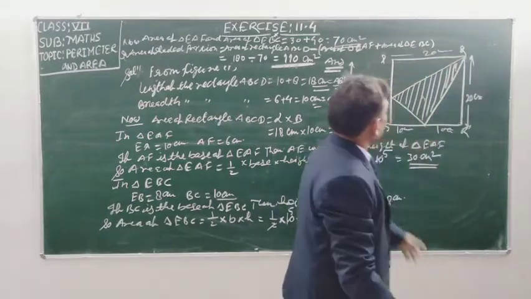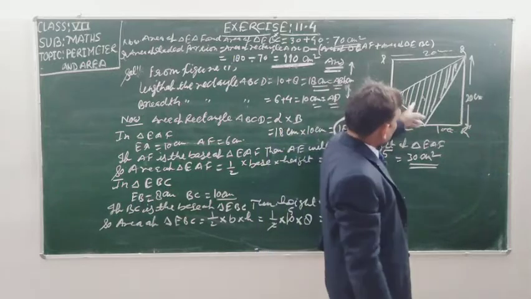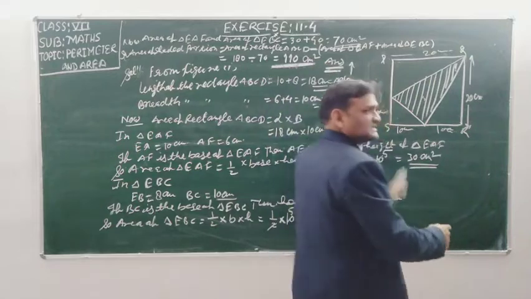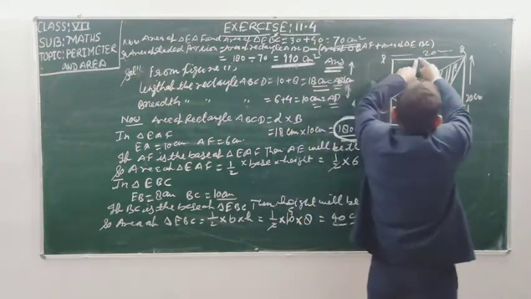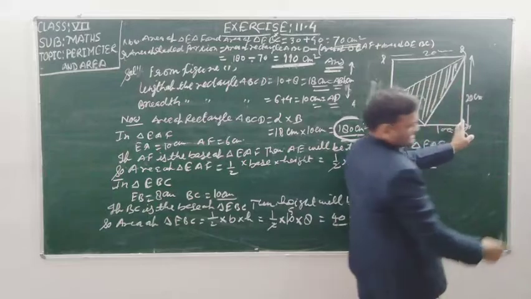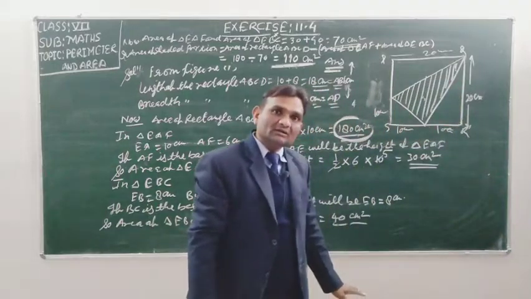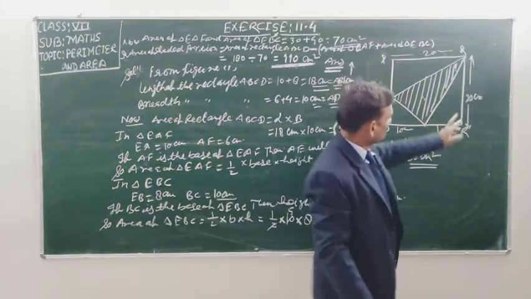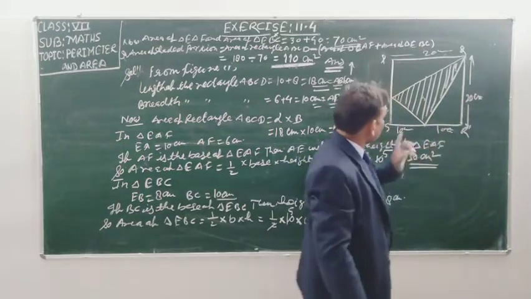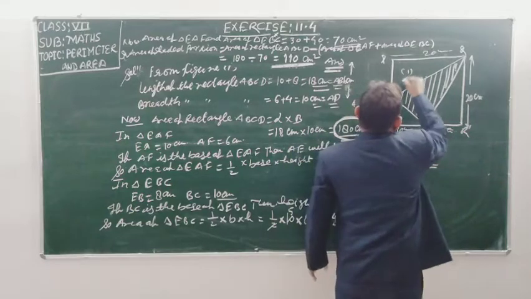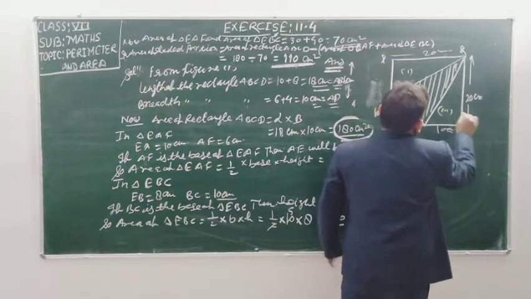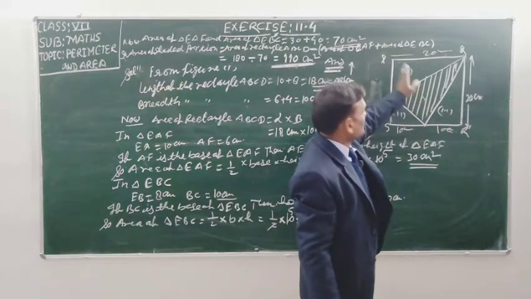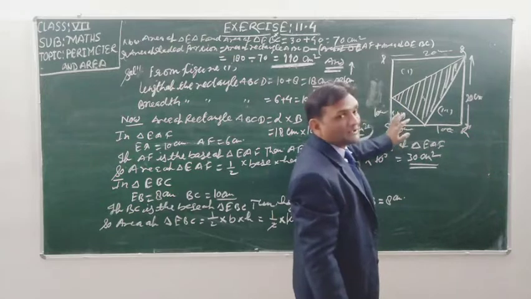So student, how can we find out the area of the shaded portion? Firstly, student, you will solve this question the same way. Firstly find the area of the square PQRS. Side into side. And side is given 20. 20 into 20, that is 400 centimeter square. Now this is the first triangle, suppose this is second and this is third. Now find the area of the first triangle, 1 upon 2 base into height.